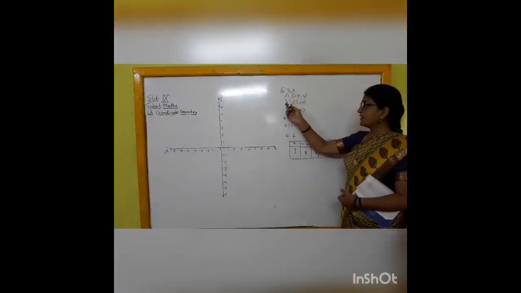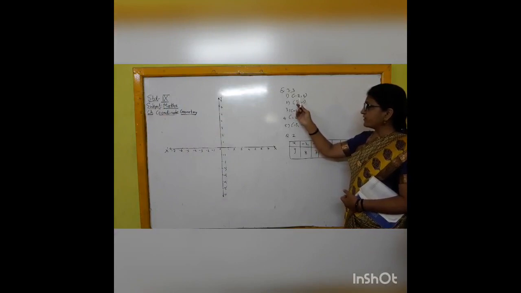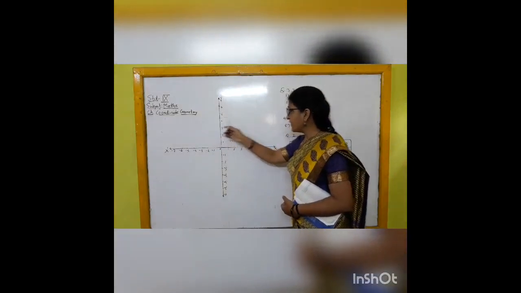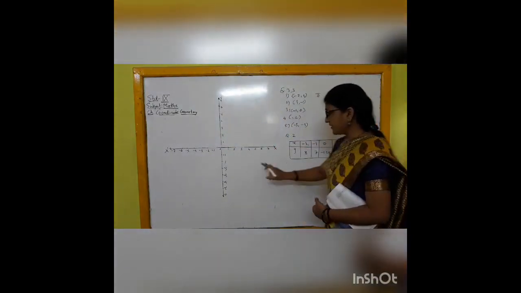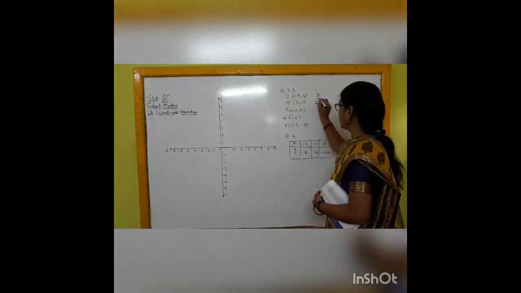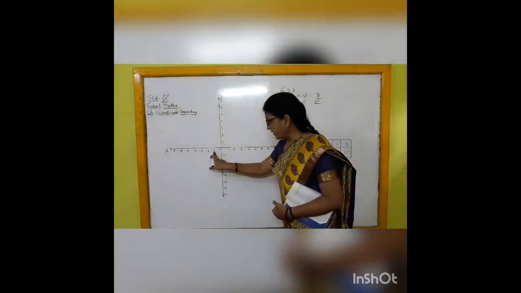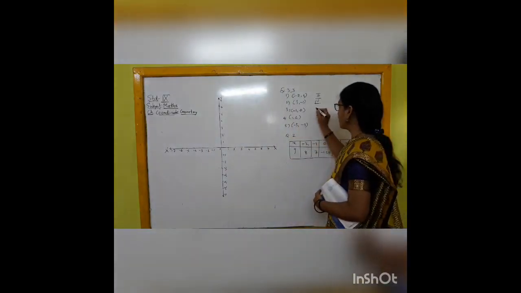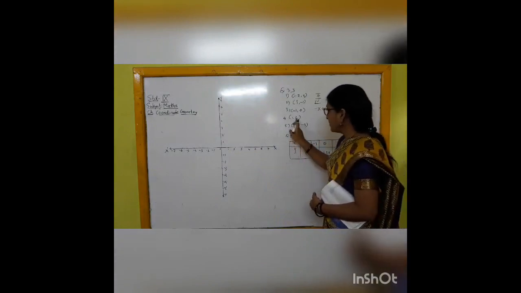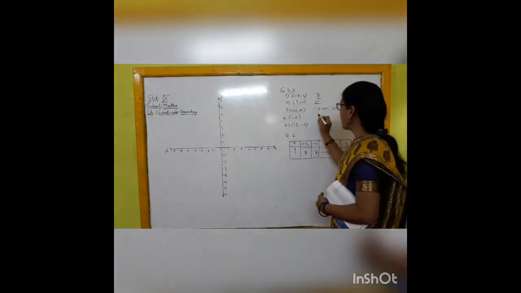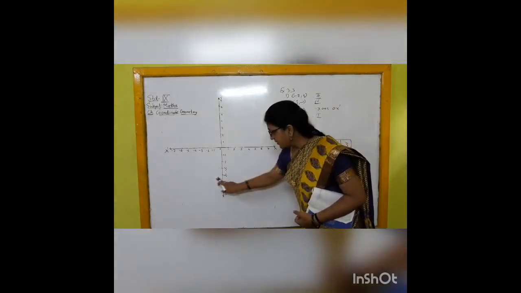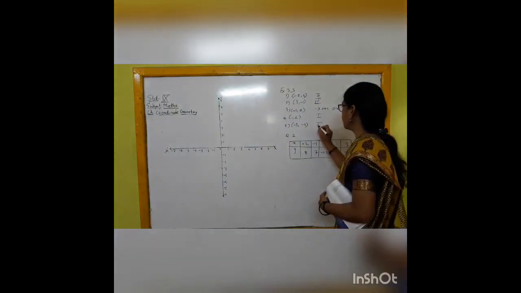Okay, now exercise 3.3, question 1. We have to find where these points lie. (-2, 4): -2 and 4, so this point will lie in the second quadrant. (3, -1): this is 3 and this is -1, so this will lie in the fourth quadrant. (-1, 0): -1 and 0 means it is lying on the negative x-axis, or OX dash. Next is (1, 2): 1 and 2, so this will lie in the first quadrant. And the last one, (-3, -5): this is -3 and this is -5, so this will lie in the third quadrant.